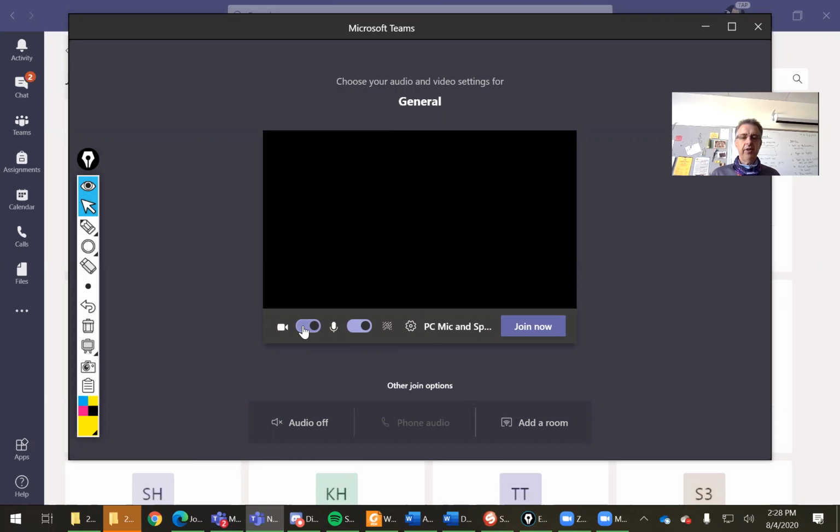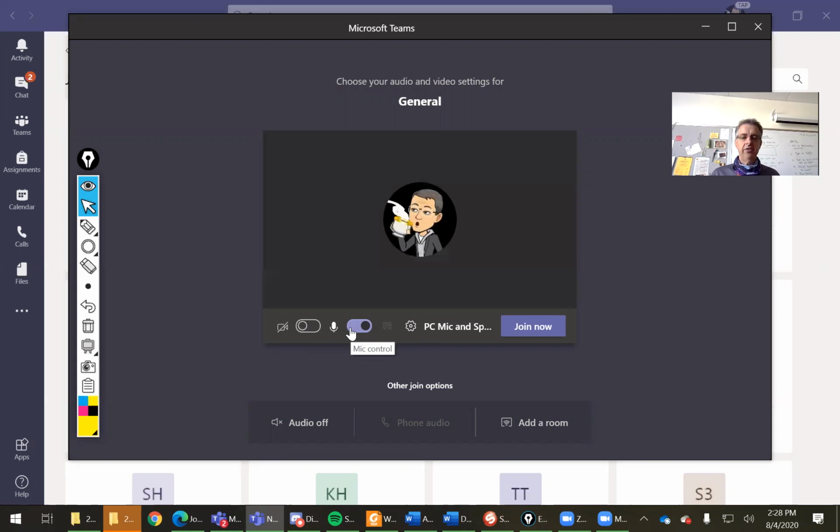What you really want to do is turn off both your video and your audio when you first join. The reason why is because if everybody joins and they have their audio on and their video on at the same time, well, the video just mainly right now because we want everyone's eyes focused on the speaker versus on each other. But definitely the audio, because if everybody joins with audio, it gets a little distracting to be able to hear. So once you've turned off your video and your audio, and those features are right here,